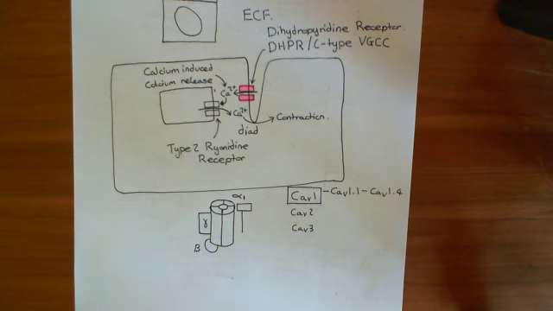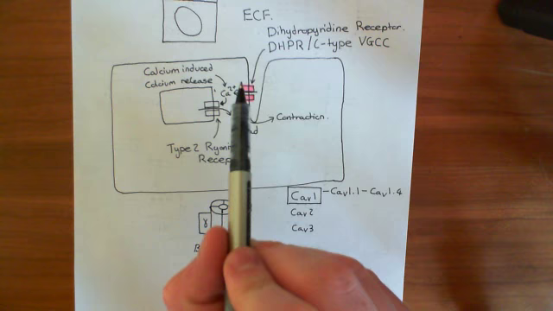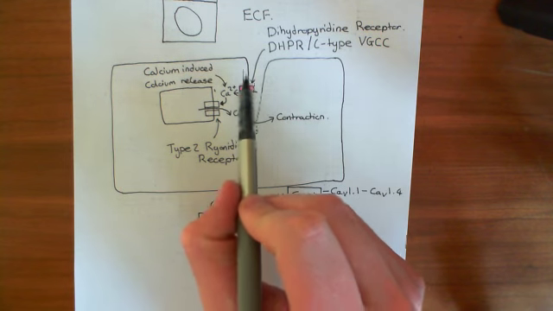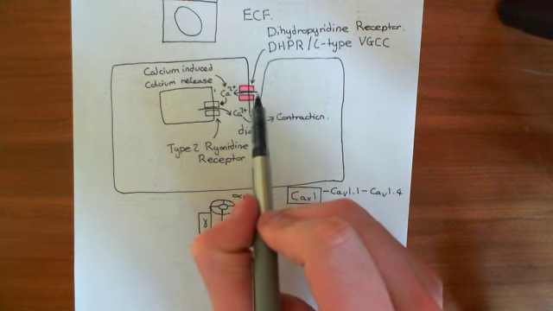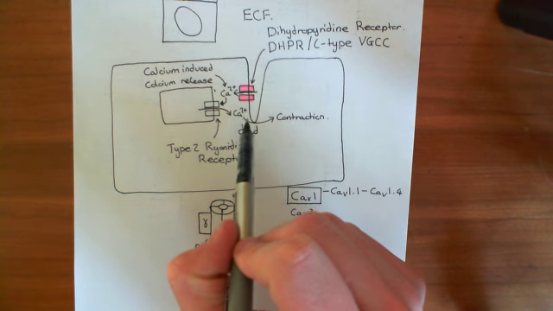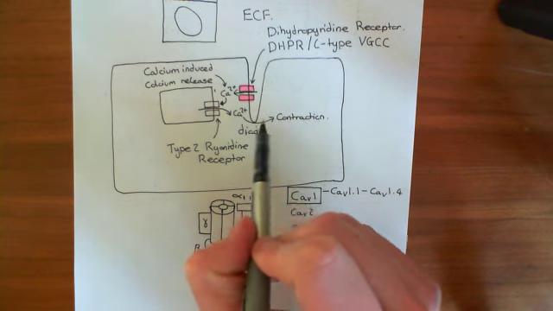Okay, so welcome to this second video on excitation-contraction coupling in cardiac muscle cells. So we've actually seen the process of excitation-contraction coupling already. This is the coupling of the excitation of the membrane, the changing of the electrical potential differences across the membrane, to the release of calcium from the intracellular stores,